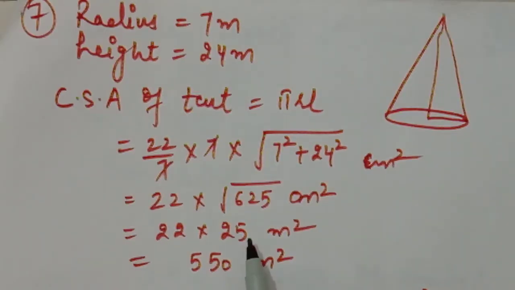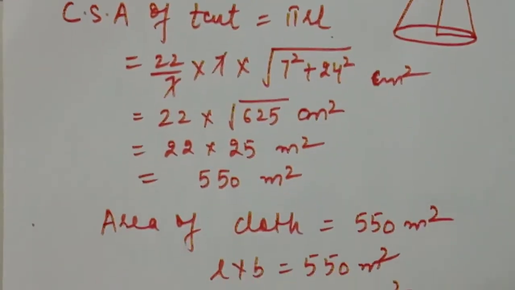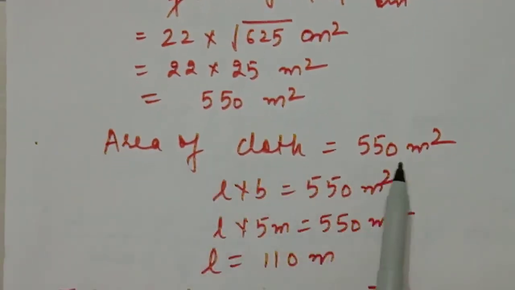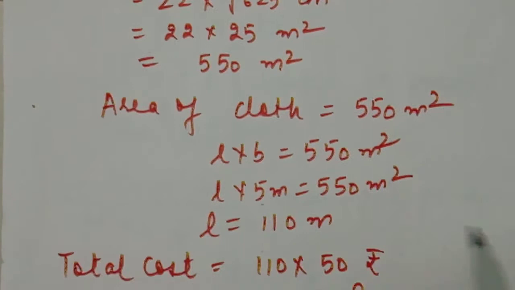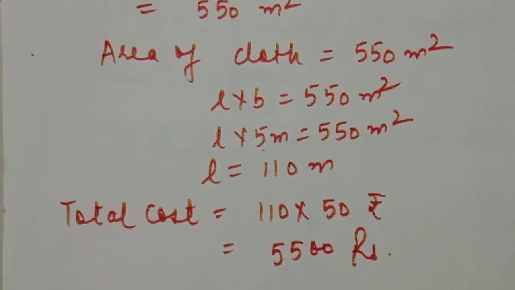This is the seventh answer. In this we have to find the l also, because curved surface area is required for the tent, because we have to find the surface area of the cloth also. And then it is like that trampoline question. So the area of the cloth required for making the tent is this, and we have to cut it from a roll. The roll is already given as 5 meter wide, so we have to find the length, which is 110 meter, and the cost is already given, so the total cost is 5,500 rupees.